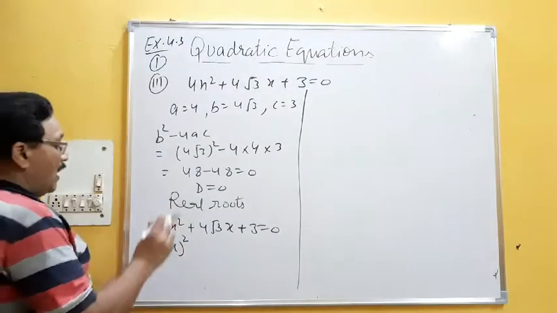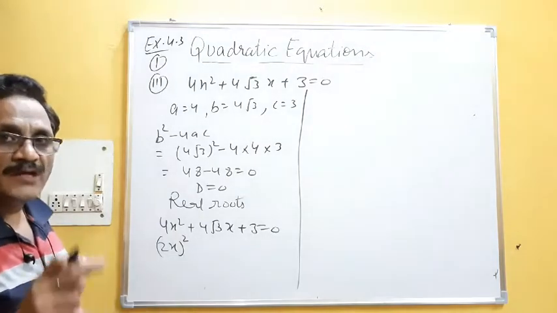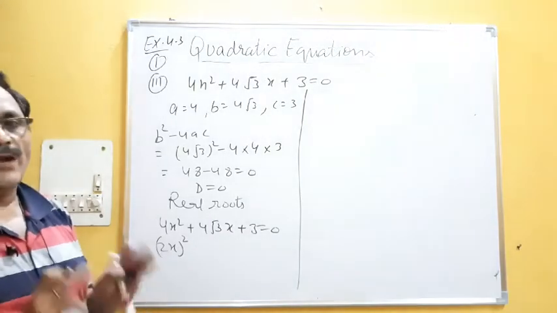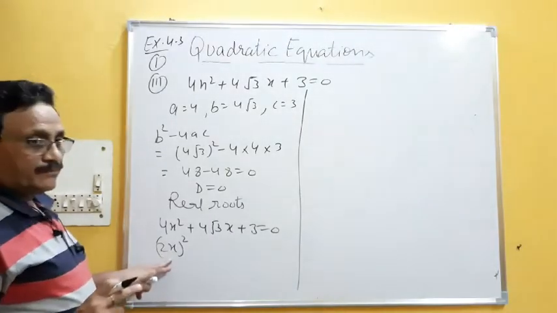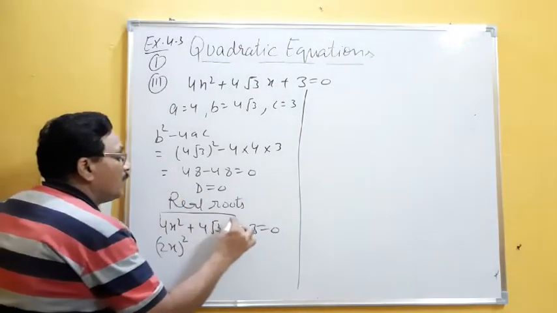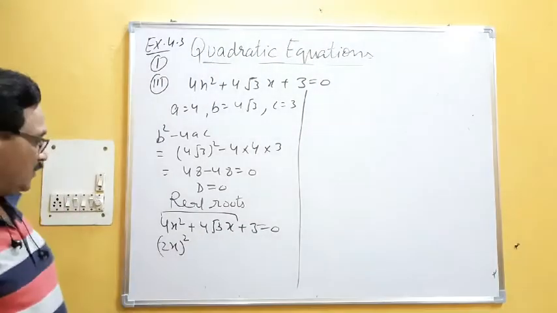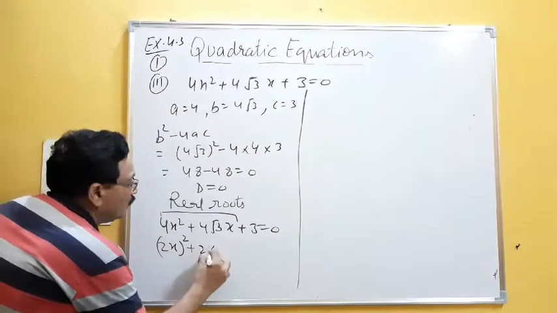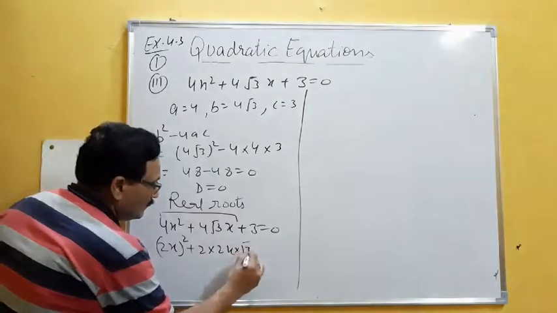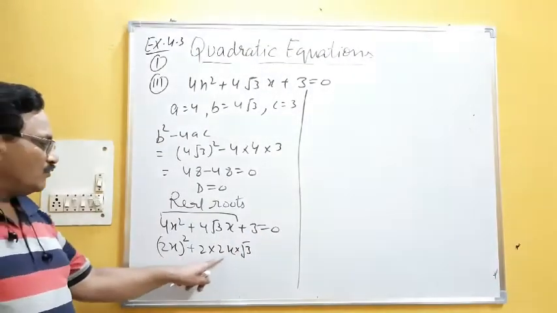2x square. Now this is the value of a. I have to compare this with a square plus 2ab plus b square, because in completion of square we use only two formulas, either a plus b whole square or a minus b whole square. So now this is your a term. So I am breaking this part because I told you in the beginning, only this part we have to consider for a square minus 2ab form. Then finally we set b. So I am writing 2. Your a is 2x. So 2 into 2 root 3 is coming.